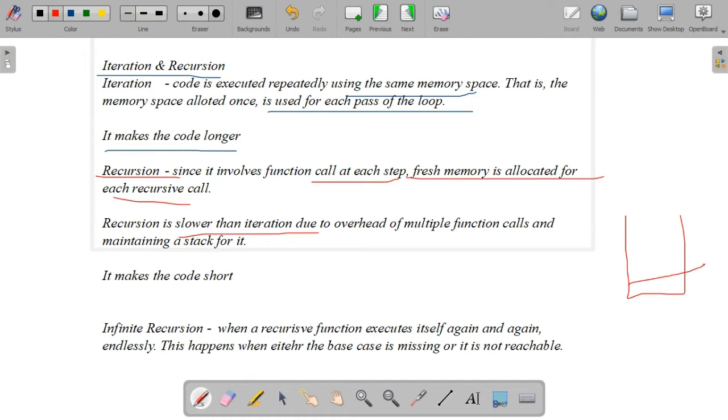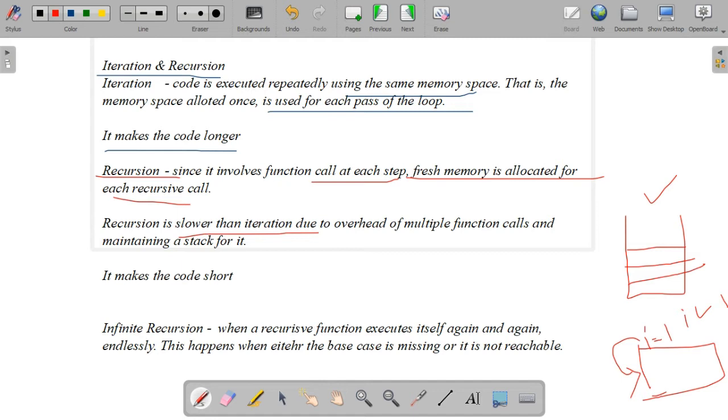In a recursive call, it will maintain a stack in the memory like this. In the iteration case, it will use the same memory space, the one which is allotted. For example, i equal to 1, i less than or equal to 5: all these conditions we are checking in the same memory space.